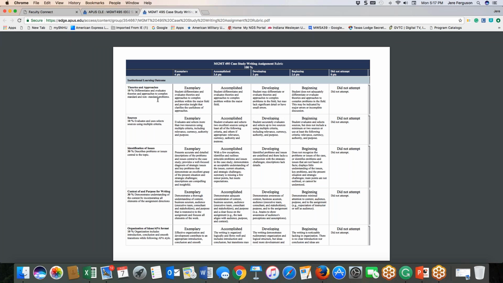So if you're making a statement about a certain type of leadership, and let's say you're talking about using transformational leadership, then you need to have a reference where you say, transformational leadership as I define it comes from that reference. You need to have the theory that you've learned embedded into your paper, and it needs to be done in a scholarly manner, not just by making statements of opinion.